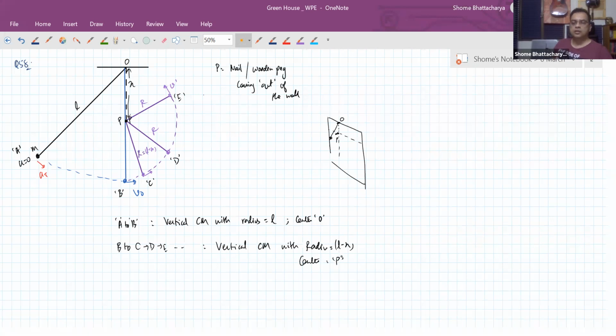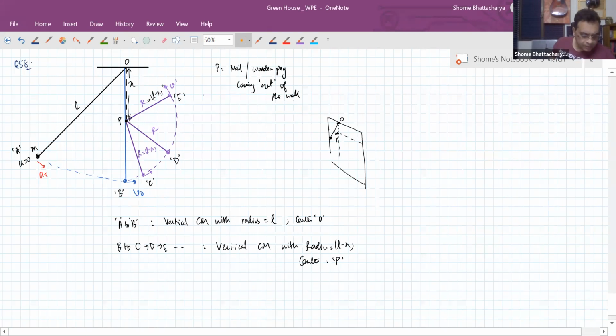Like this. So this is how we have to deal with it. Yes, the radius will change. You can see in the diagram the radius is changing. The radius has become L minus x. Okay, so for example, the first part, it's saying that